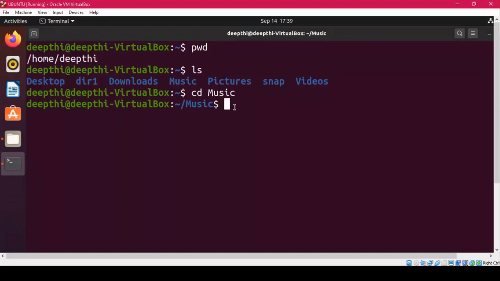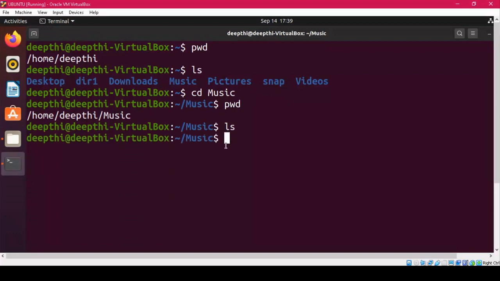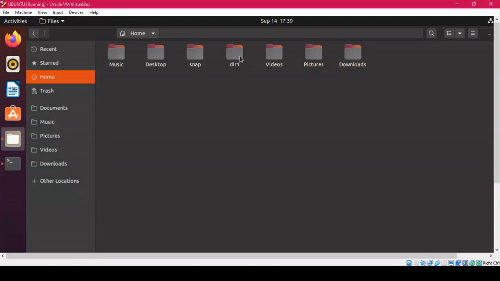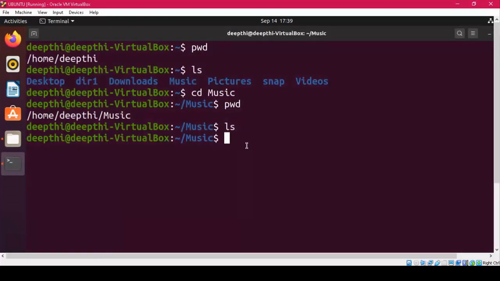So if you again use the command pwd, it will tell you the current working directory, that is now music. Earlier it was home, but now it is music, right? And here if you want to see the directories and files available, there are no directories and files available. Currently it is empty, and you can see that from here as well, right? So it is empty. Now coming back to this,